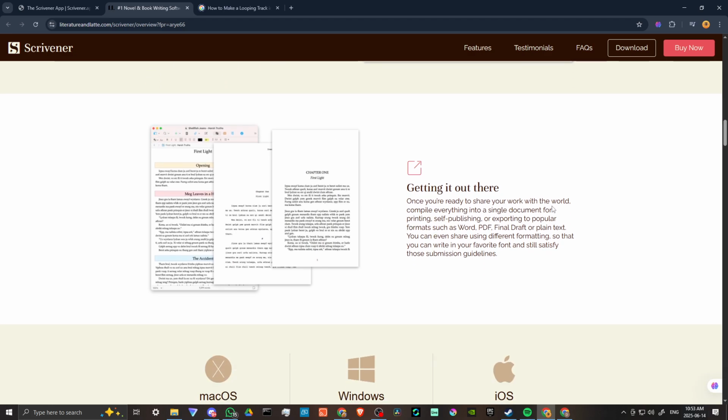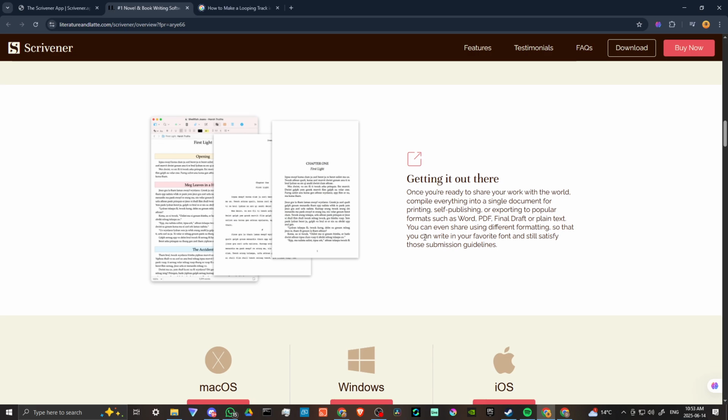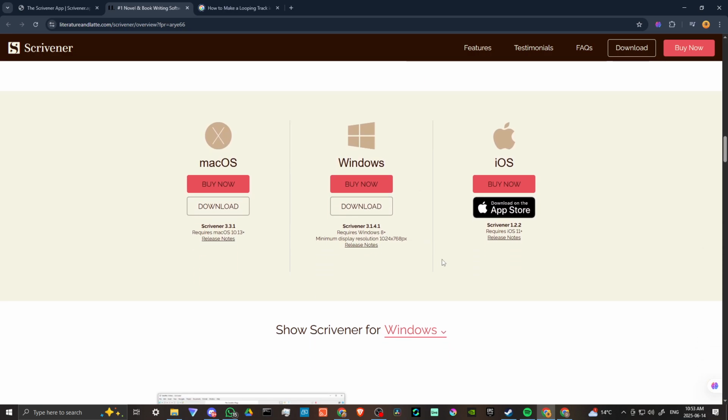Once you're ready to share your work with the world, compile everything into a single document for printing, self-publishing, or exporting to popular formats such as Word, PDF, Final Draft, or plain text. You can even share it using different formatting so that you can write in your favorite font and still satisfy those submission guidelines. And again, if you want Scrivener for Mac, Windows, or iOS, then you can head over to